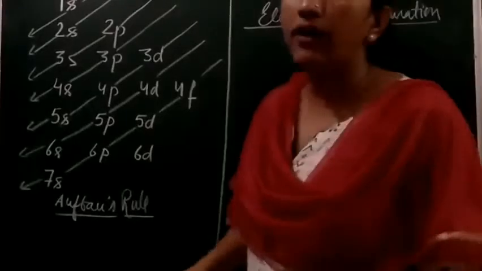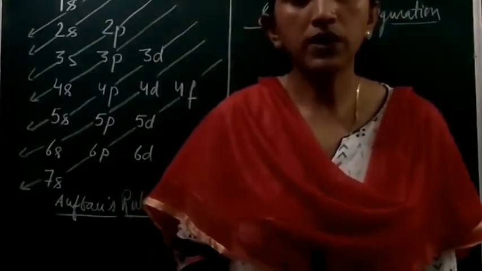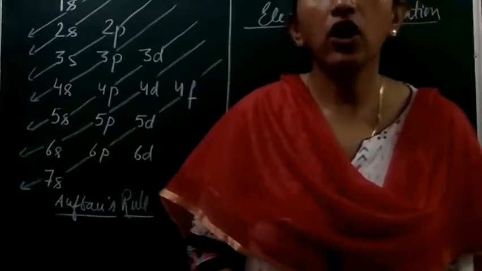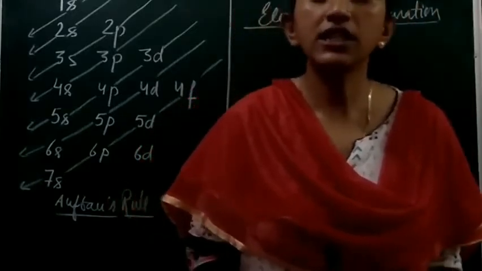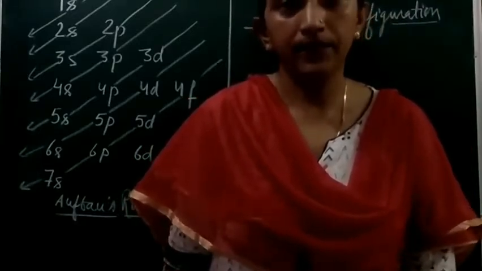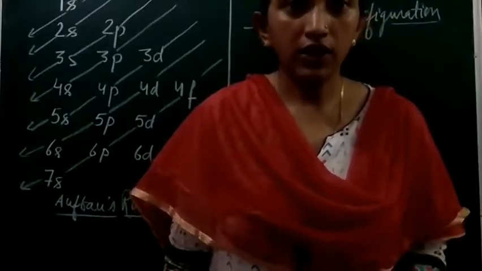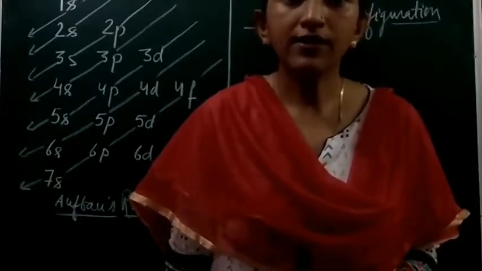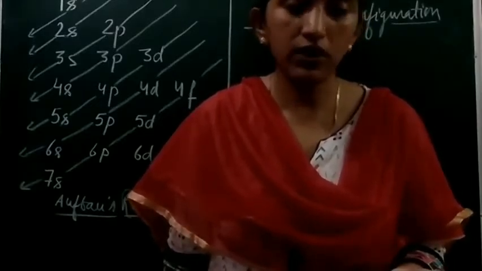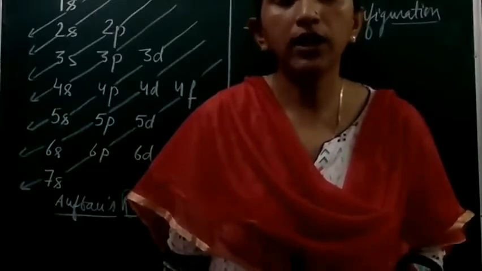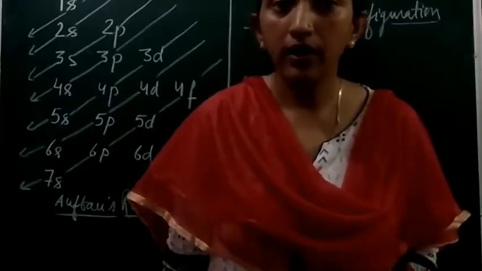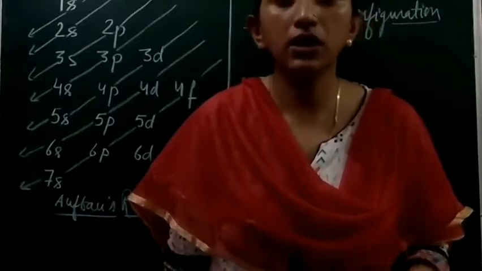Yes, students, now we have done the rules: Pauli exclusion principle, Hund's rule of maximum multiplicity and the Aufbau principle. Now we can do the electronic configuration of an atom. So what is an electronic configuration? It is the arrangement of electrons in the different orbitals of a subshell in an atom. Now to write the electronic configuration, the first step required is to know the atomic number of an atom, of an element. You should know it, or it will be given to you, or you should learn it.